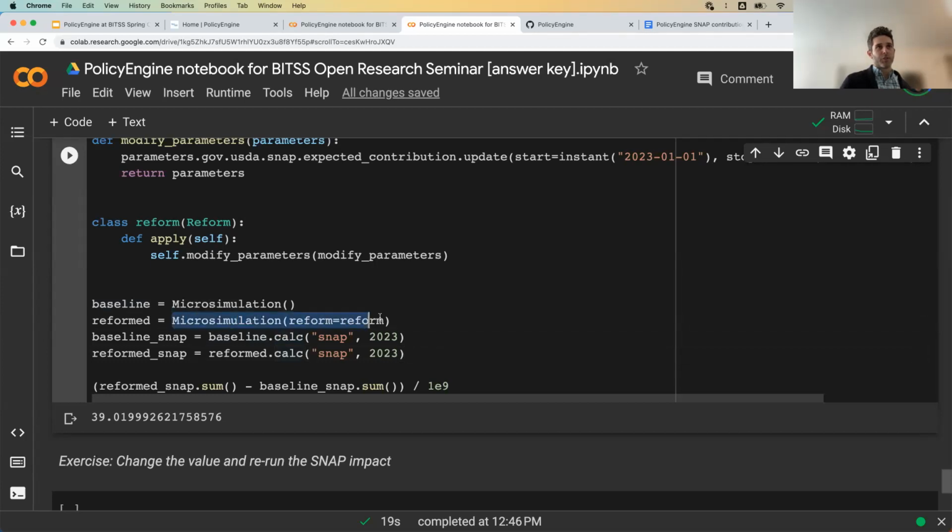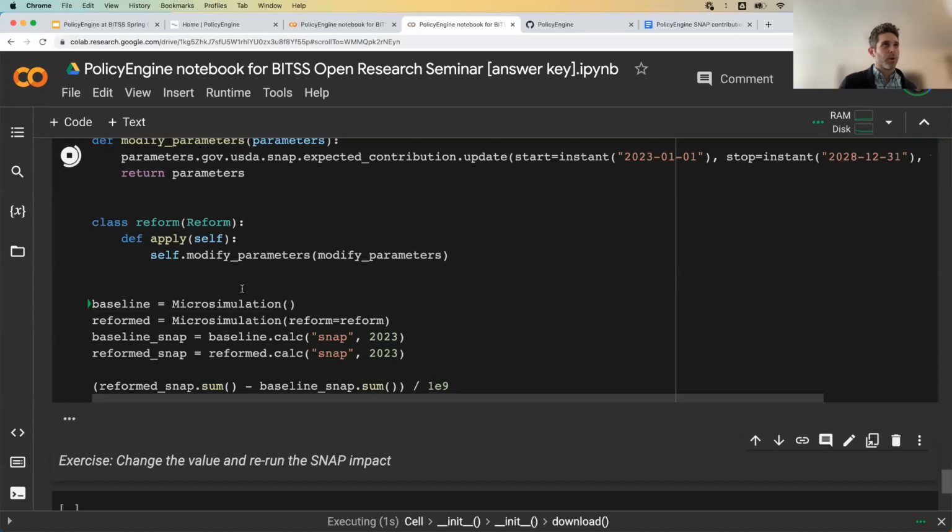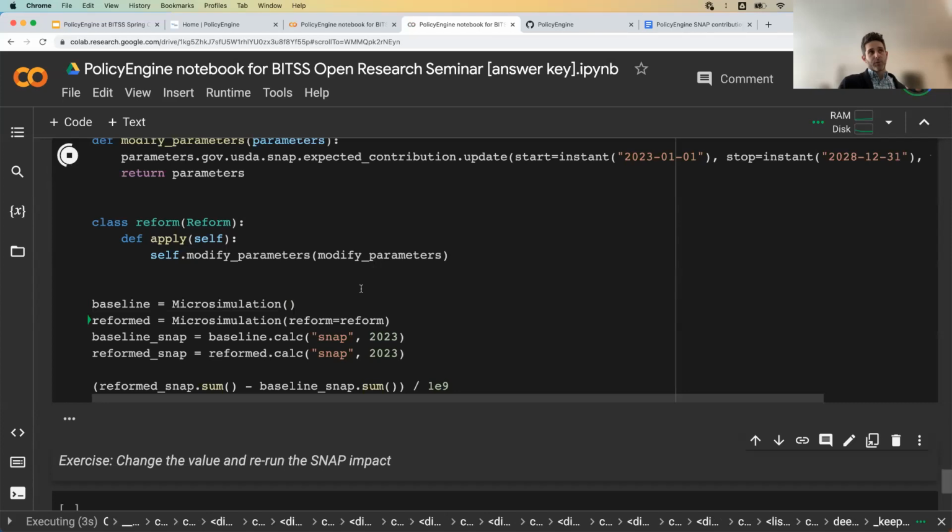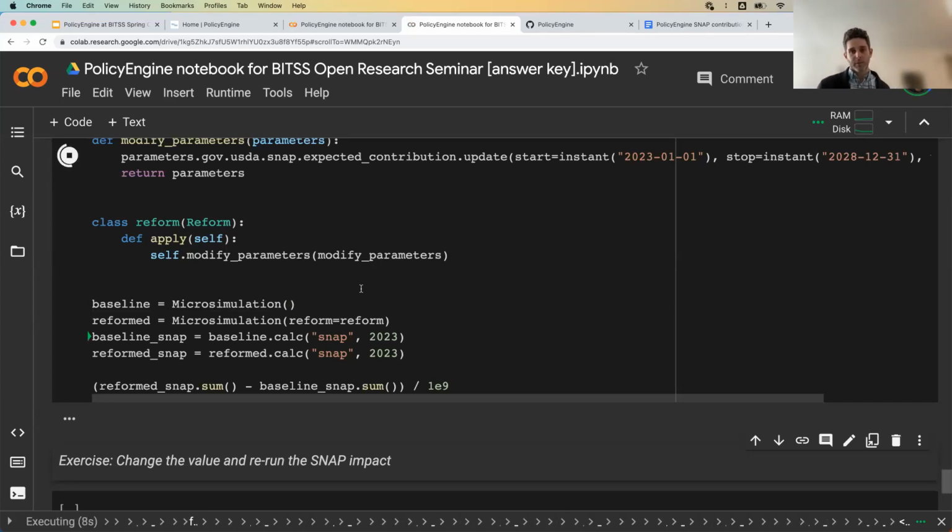So once you have the microsimulation, you're passing in reform. These are all going to return something like NumPy arrays, or Pandas series. It's actually a different object that we created called the micro series. So that's going to attach the survey weights to every data set and make it so that when you do stuff like .sum, it automatically calculates the weighted sum. So maybe I'll take a second to run this. And if you're running this for the first time in your browser, it's going to actually download the CPS data from the government website.